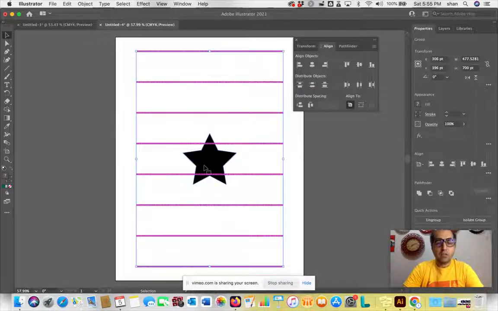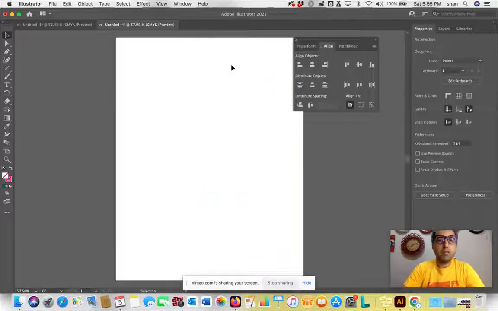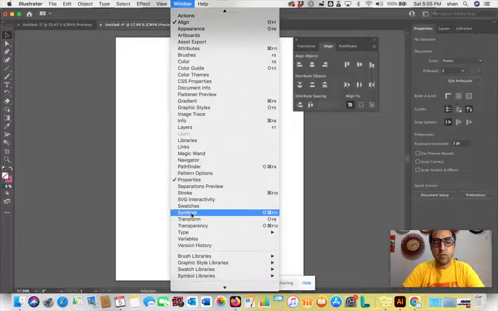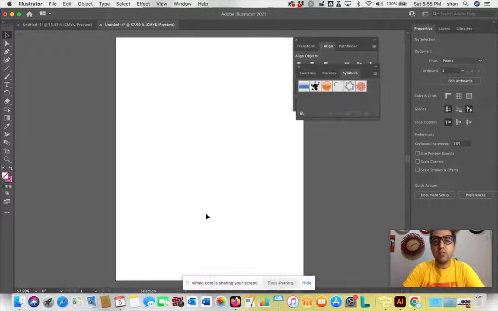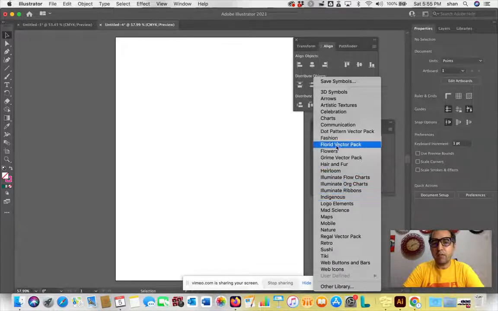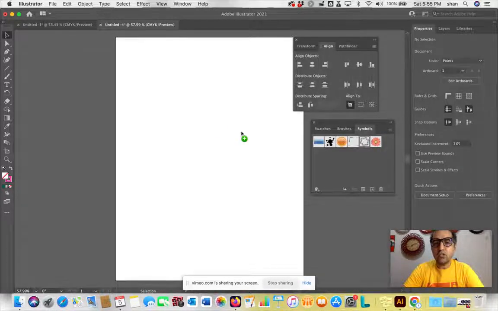Let's say you wanted to have, delete, Command A, Control A to select everything. Okay. So let's say you want to create a logo. For the logo, we can use symbols. You can also download symbols from other sources. If you drop down Windows, select symbols, and let's say I want to create a simple logo, maybe a design. You can look at the library, you have all these options, but I'm selecting this one on the symbol,